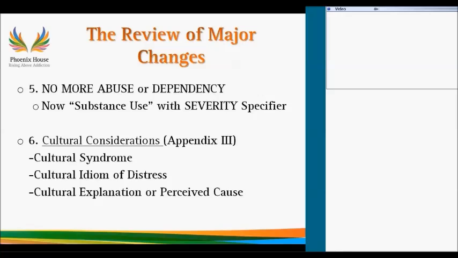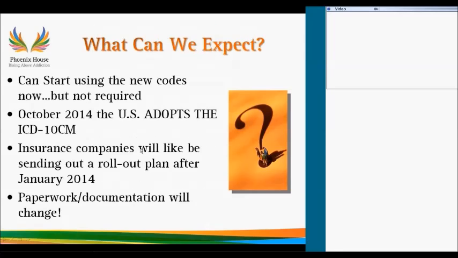And then one thing I was not able to get to that I do want to call your attention to is the cultural considerations that are included in Appendix 3. The DSM has done, I think, a really good job of including the idea of culture and diversity, more so than ever before, whether it's gender-related, community-related, language-related, and so on. So there are different ways that we can look at the cultural influences in terms of diagnosis. These are some resources that are available in Appendix 3, and also there are resources available online.